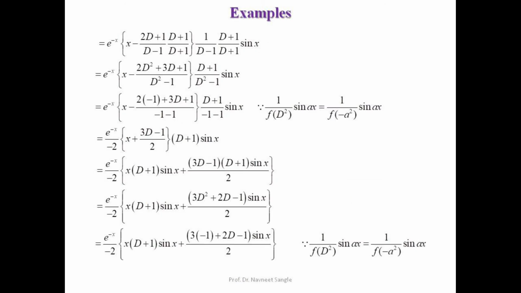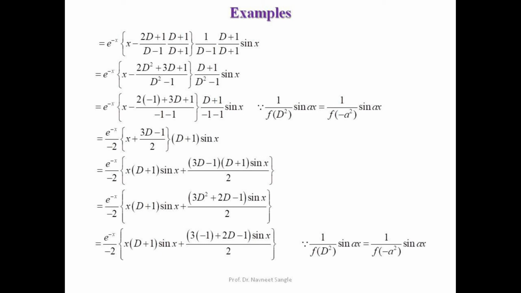This is the first step. Now the second step is e raised to minus x as it is, into x minus. First simplify the numerator. So if we simplify the numerator, then we get the value of the numerator as 2D square plus 3D plus 1, and the denominator is directly the formula (a minus b)(a plus b), which is a square minus b square. Similarly, simplify the outside bracketed term, D plus 1 upon, again the same formula (a minus b)(a plus b), which is a square minus b square. So now we get this term which is present in line number 2.